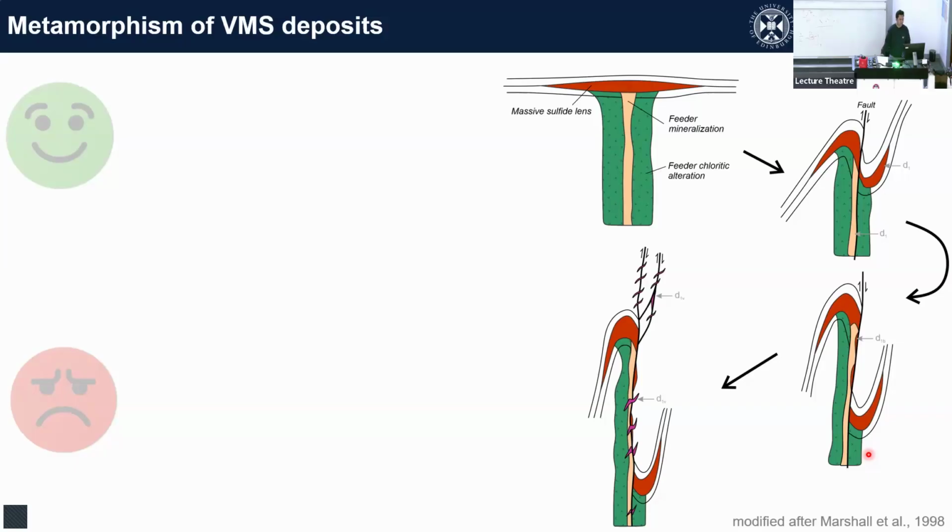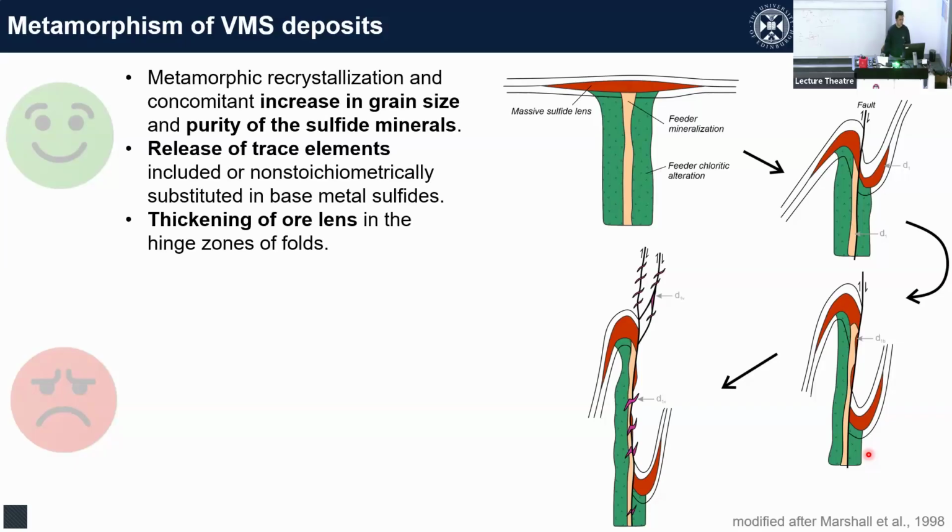On the good side, metamorphism can recrystallize the ore body. And when you recrystallize the ore body, everything becomes coarse grained, including the sulfides. Usually in a massive sulfide deposit, the sulfide grains are very small or really fine grained. But when you metamorphose that, everything becomes really coarse grained. So that's going to be beneficial in terms of the processing and so on, because everything has become